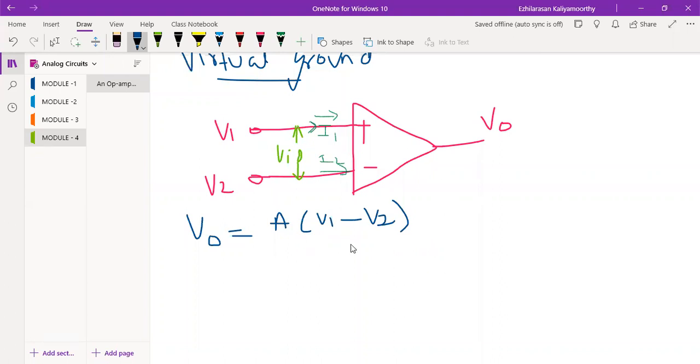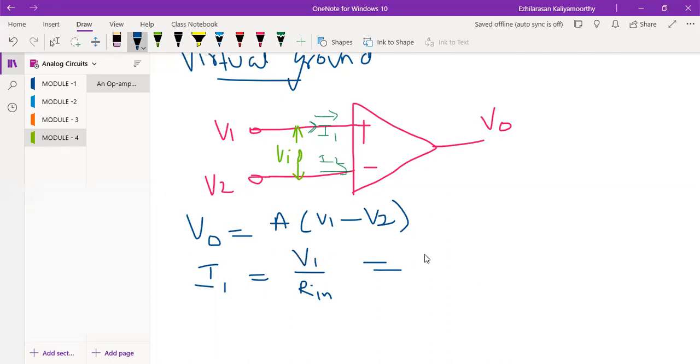So now let me see what the virtual concept is that we need to know. For that, let me apply this current. What is this current? I1. Normally, as per Ohm's law, what will it be? I1 is equal to V1 divided by R in. Now I can say the concept of your ideal character. What is the R in actually?